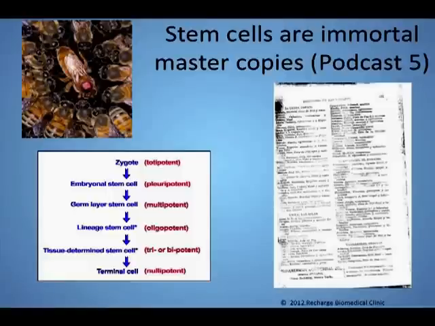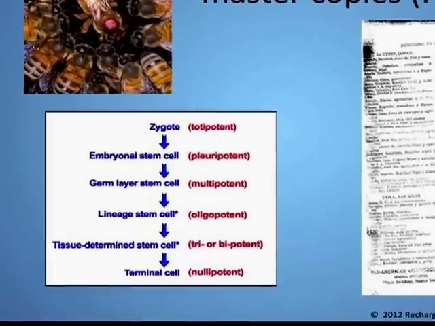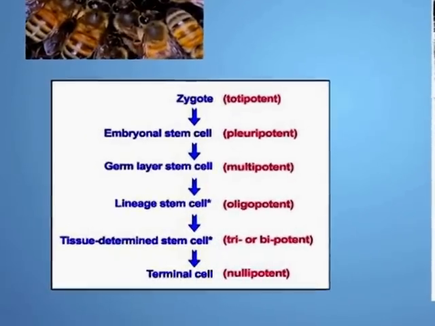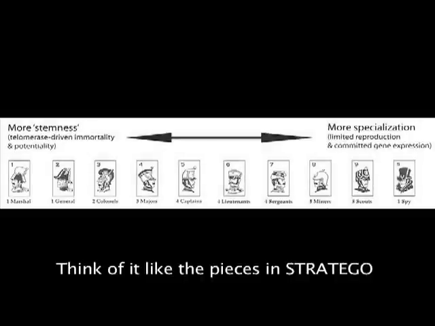So the general equation is when we start out as one fertilized egg, and then you go all the way down to the lowly skin cell, this thing has no telomerase activity and can only be one thing, a lowly skin cell. But it's a continuum, and so as we go down in differentiation, we lose the telomerase activity or the ability to be immortal.